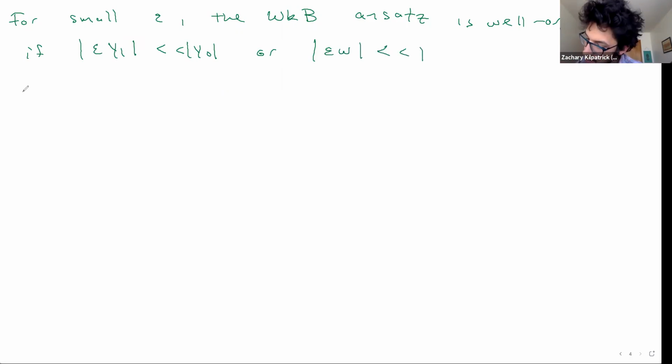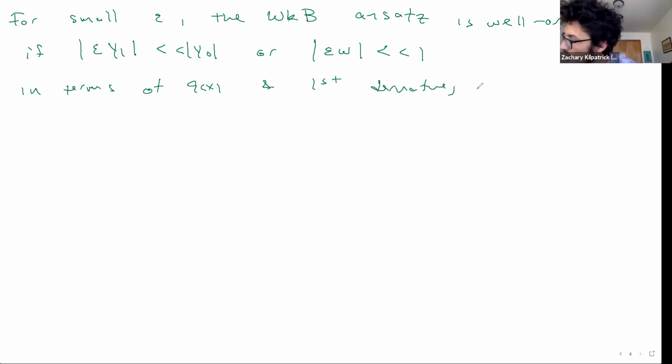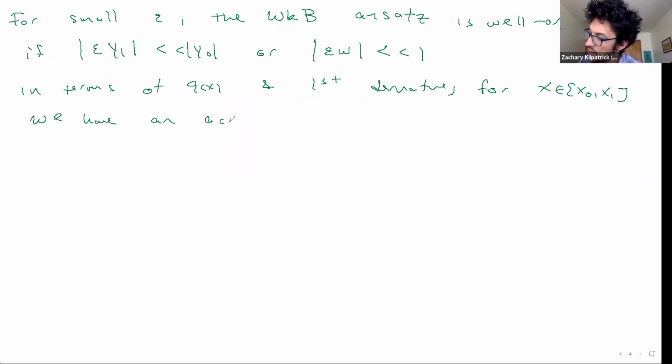So in terms of q of x and its first derivatives, for some interval x that goes between x0 and x1, we have an accurate approximation